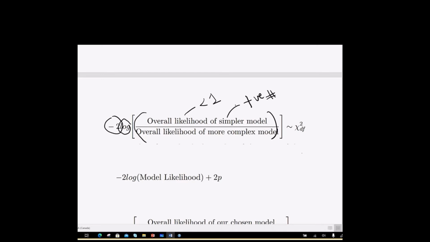And statisticians have been able to show that this positive number has a chi-square distribution, and we'll go over the chi-square distribution in the next chapter, with degrees of freedom equal to the difference in the number of parameters between the two models. So that is one tool that can be used to help you decide which of those two models is to be preferred. Another thing you can do if you've got a whole bunch of models is that you can calculate